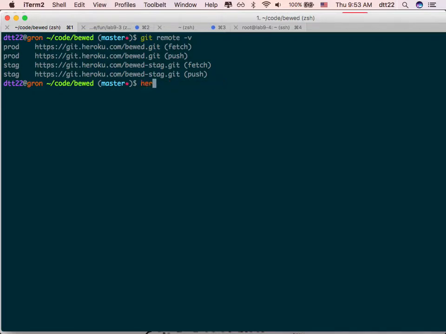So imagine you do heroku addons:create, and then you say it's SendGrid. That's for mailing. You say Redis To Go. That is the Redis server. I don't know, there may be other things like Papertrail. Have I shown you how to use Papertrail? In your Heroku app, if you add Papertrail, all the Heroku logs will be saved into a database for you. So anything that a user did in the past is all in that log, and then you can search. There's just a lot of useful and free add-ons.